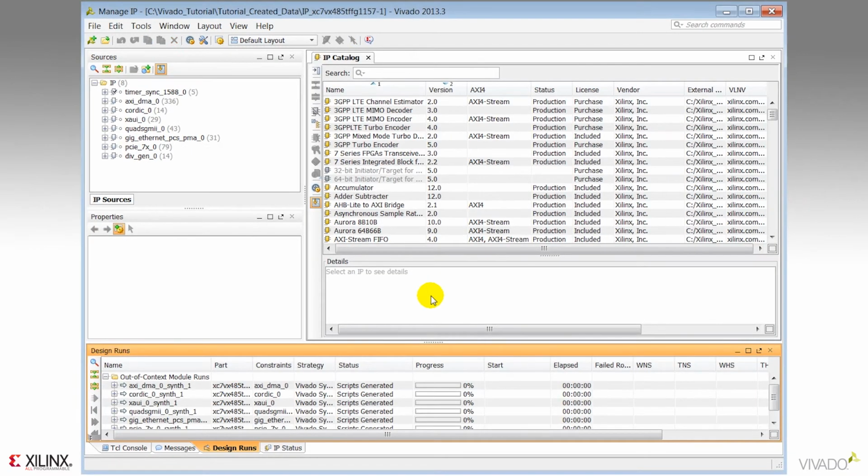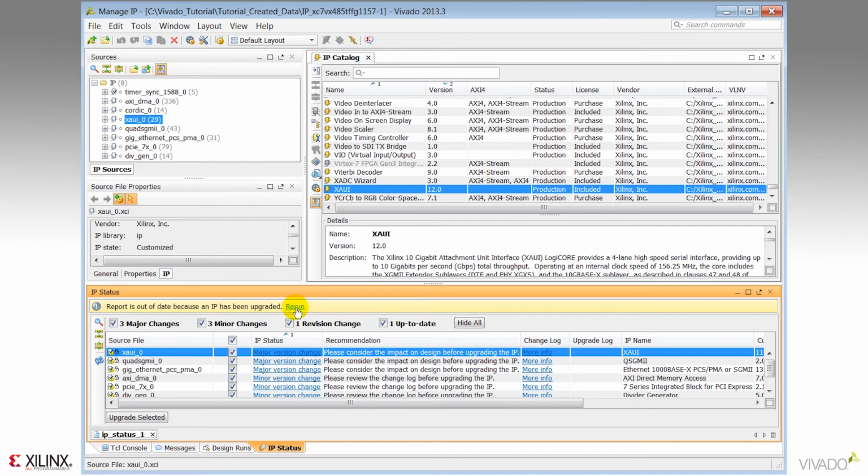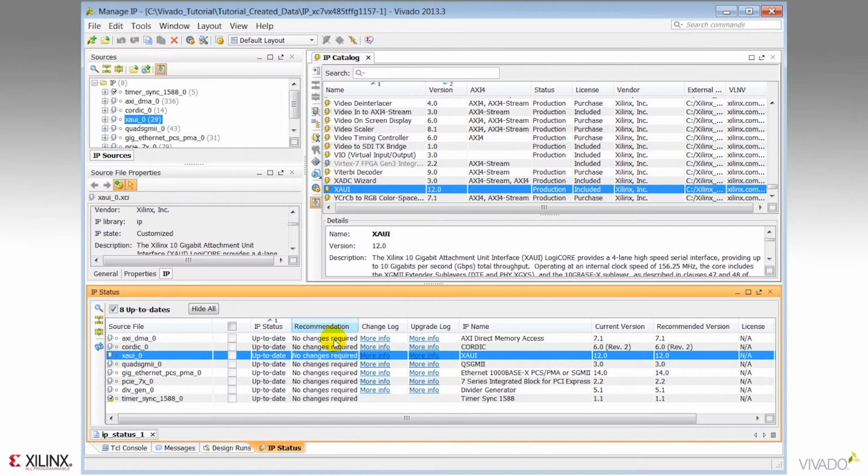IP. And notice that once all the output products are generated, an out-of-context run is created to synthesize each of the IP. So now I've successfully upgraded all of my IP, regenerated output products, and as soon as synthesis completes on the IP runs, the IP will be ready to use in any 2013.3 design projects. Notice that when I rerun the IP status report, all the IP is now showing up to date and no